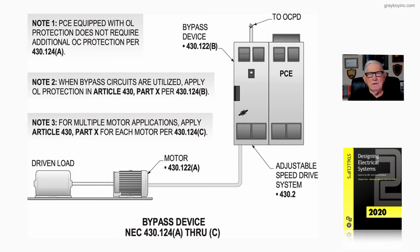Note 1 and the illustration, PCE adjustable speed drive equipped with overload protection does not require additional overcurrent protection as outlined in 430.124(A). Now, note 2, when bypass circuits are utilized, apply overload protection in accordance with Article 430, Roman numeral X